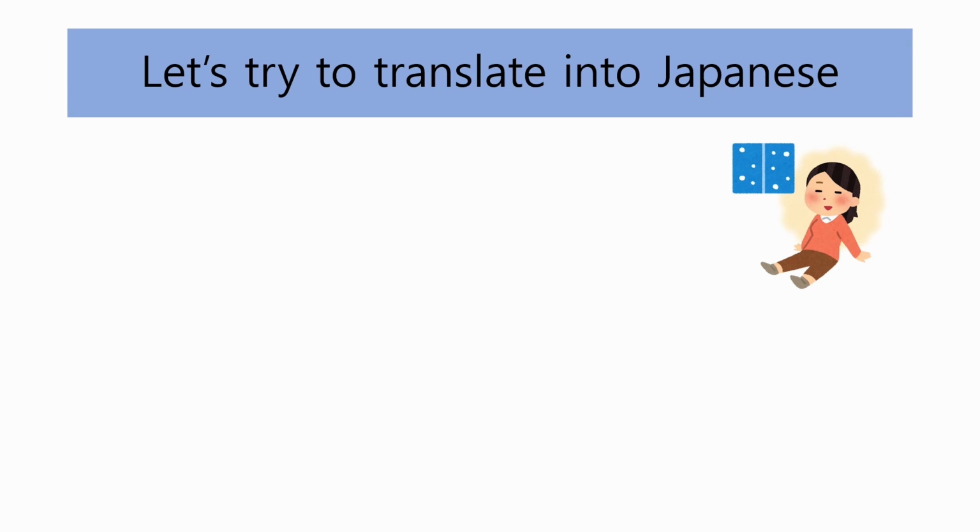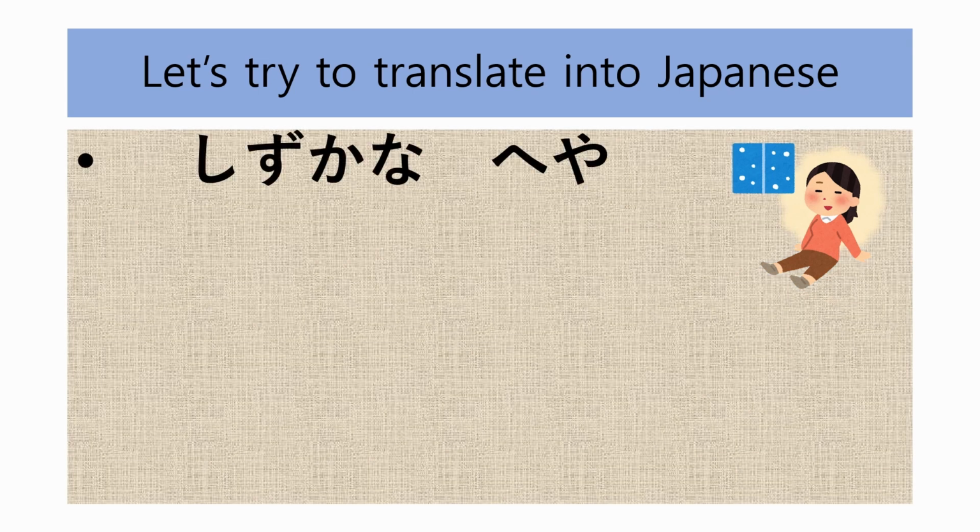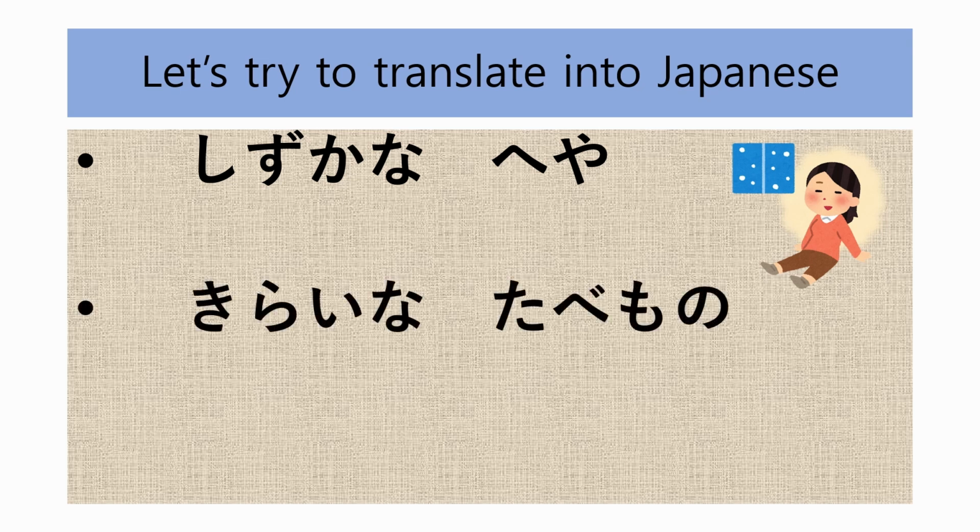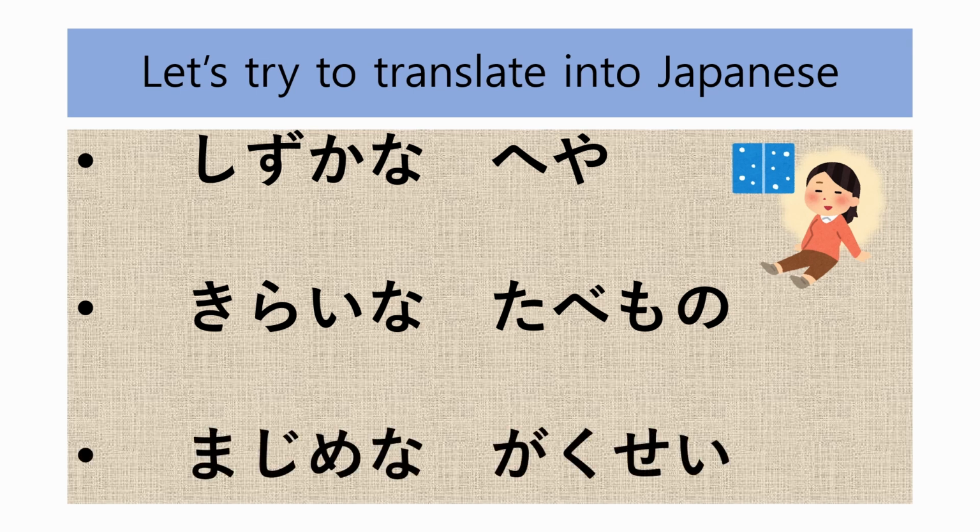Quiet room. 静かな部屋。Disliked food. A food I don't like. 嫌いな食べ物。A serious student. A diligent student. 真面目な学生。